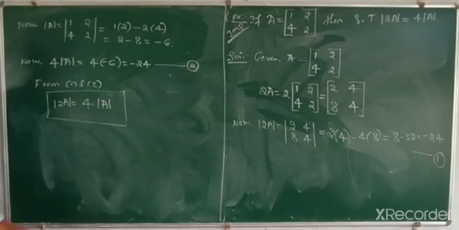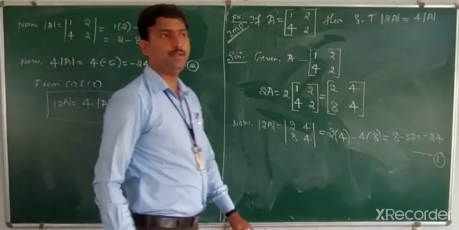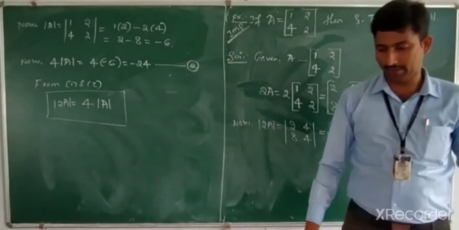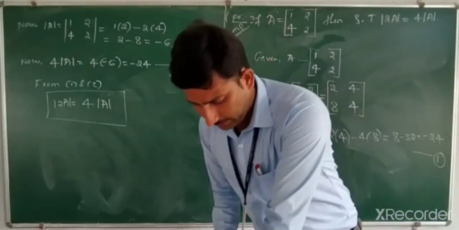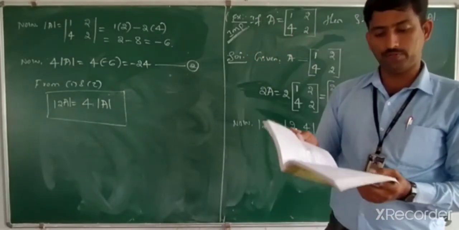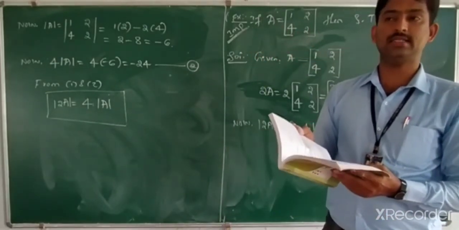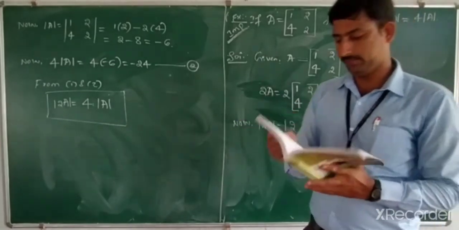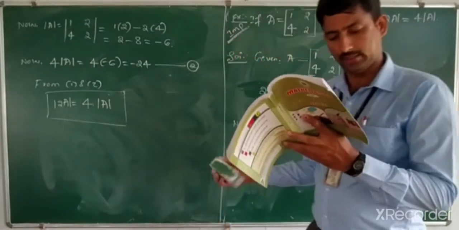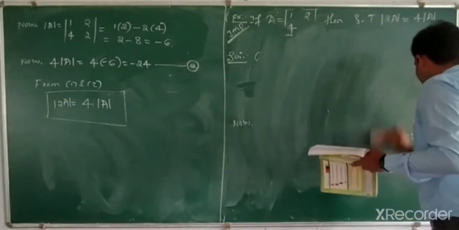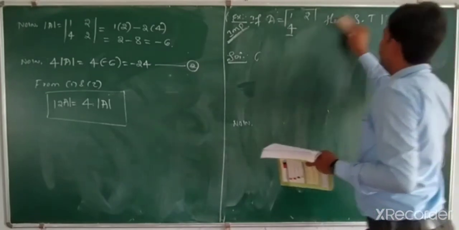Determinant of 2A is equal to 4 into determinant of A. This is a very important problem for the category of 3 marks. At the same time, we will move towards one more important question for the category of 3 marks, where the order is 3 cross 3, but somewhat easy. Solving this question is difficult, but our job is to find it. I will take that question one by one.